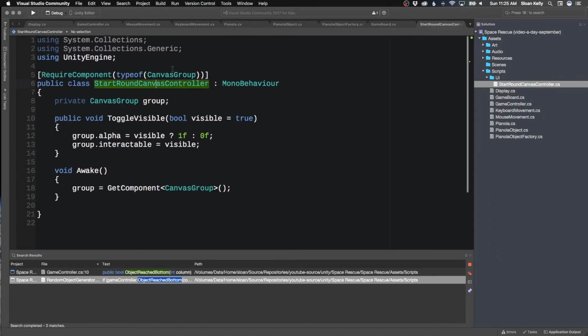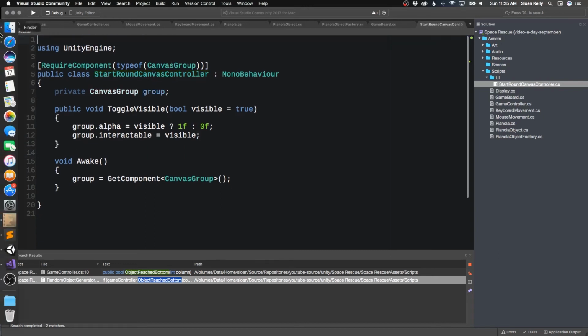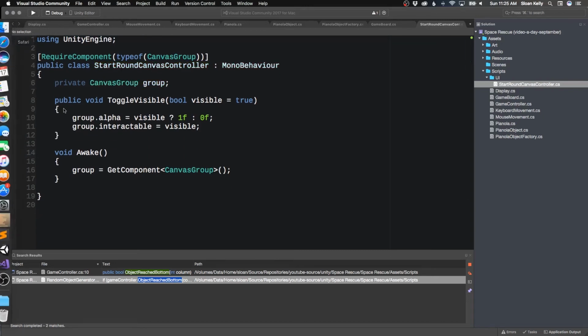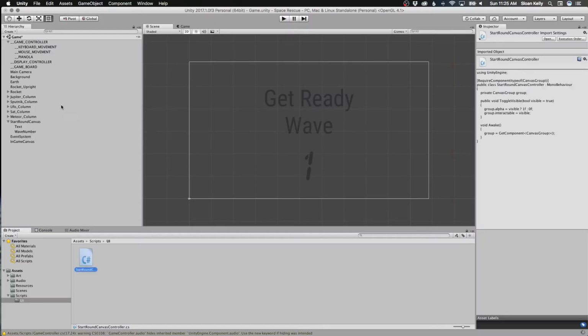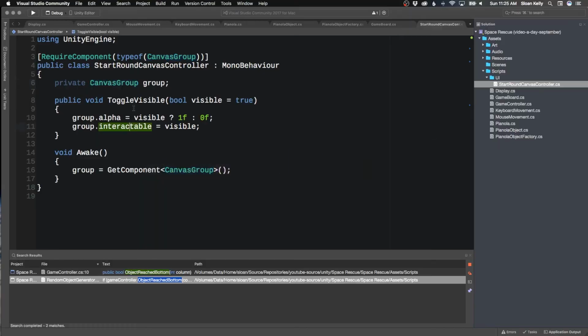But there we go, because we don't want to clutter up our game controller with this. We just want to be able to control the canvas. So where are we? So this is get ready wave 1. We also want to